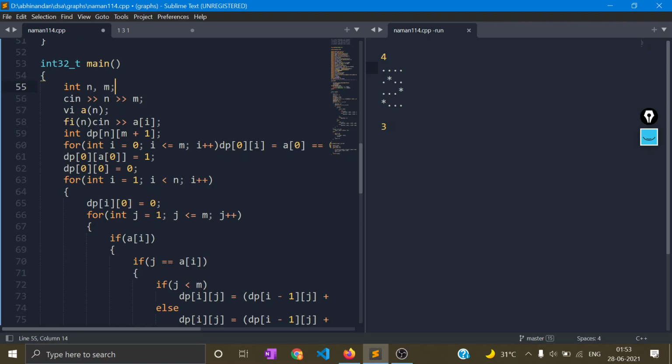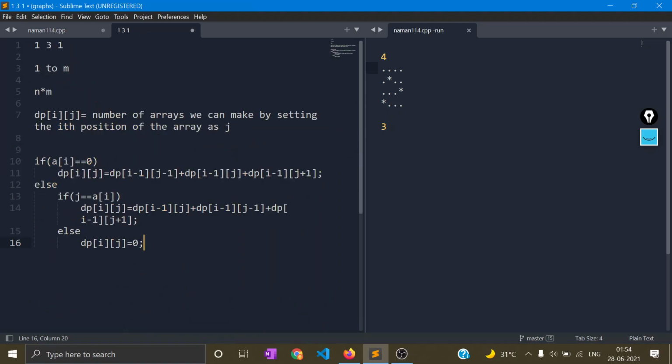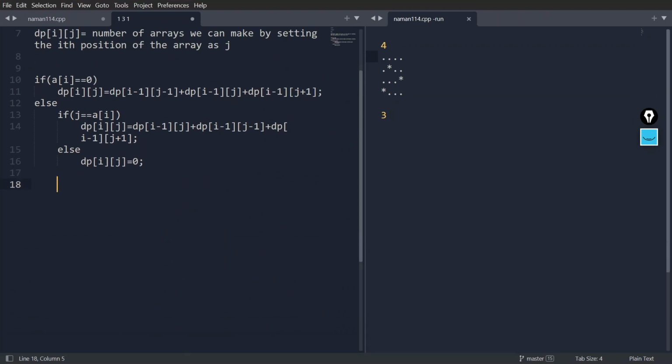So first, let's just code it. I don't want to use macros here because that confuses many people, so there's no need to use macros. So for int i equal to 0, i less than n, just input our array, and then I would declare a dp 2D array of size n cross n plus 1, and I would be initializing it. Okay, sorry, I forgot the initialization part. Let's discuss that also here.